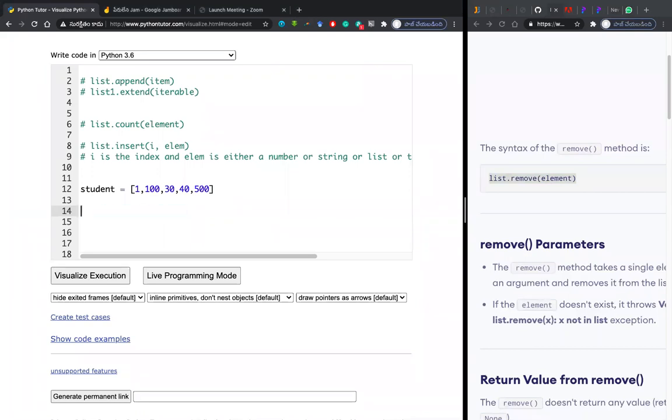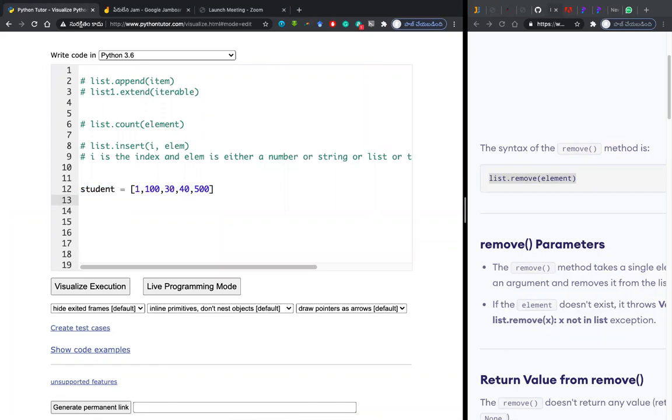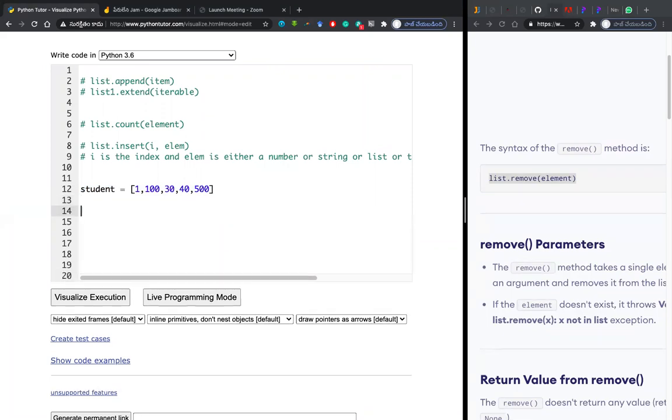For example, in this list on the 12th line, any doubt? Okay. In this list of 100, 30, 40 and 500, I want to remove 40. So I just use the remove function.